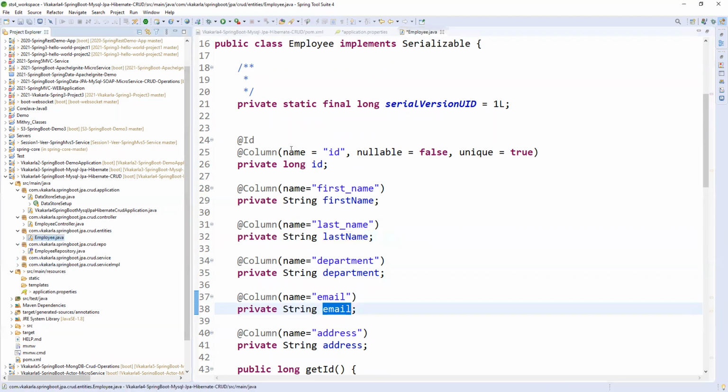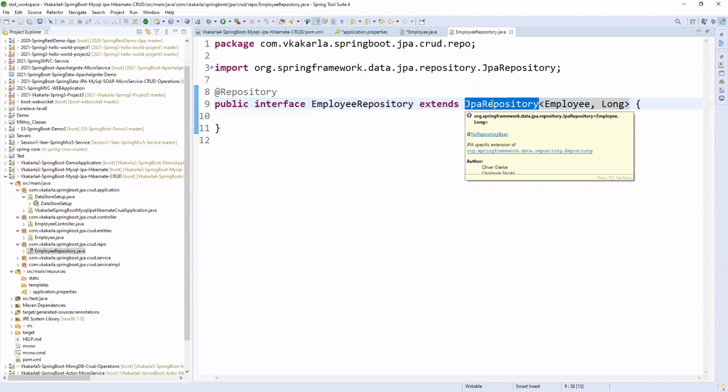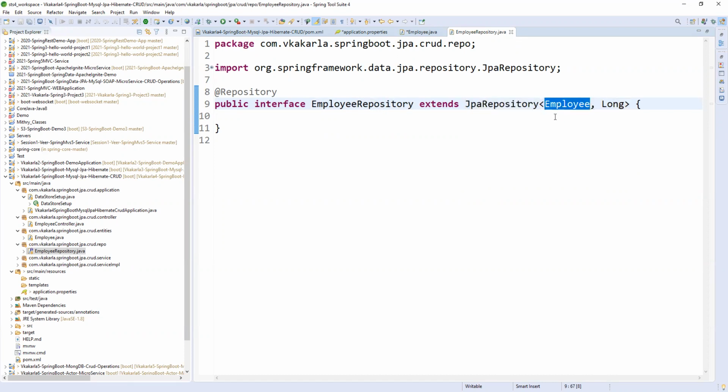Fine. Now coming to repository. Once you have a model, you can create a repository. On top of it we add the Repository annotation, and this is an interface that extends JPA Repository. I already told you, right? If it is an SQL database, we can use JPA Repository, and we need to give our entity. On what entity are we going to do the persistence, which means all the transactions?